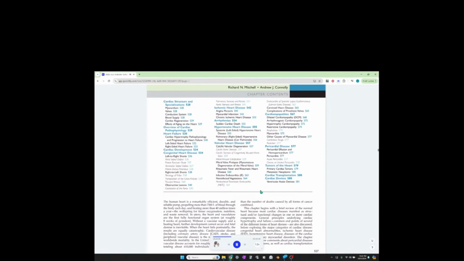Because they are thin enough to be nourished by diffusion from the blood, normal leaflets and cusps have only scant blood vessels limited to the proximal portion of the valve. Valve endothelium also does not express ABO or histocompatibility antigens, so cryopreserved valvular tissues can be transplanted with relative impunity.